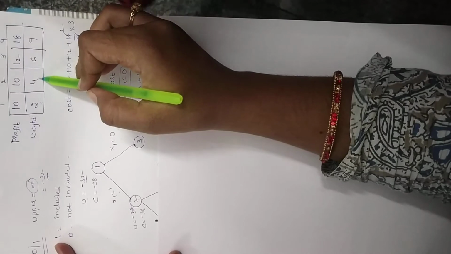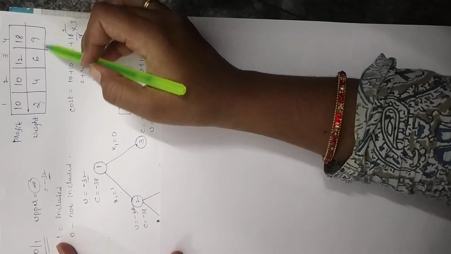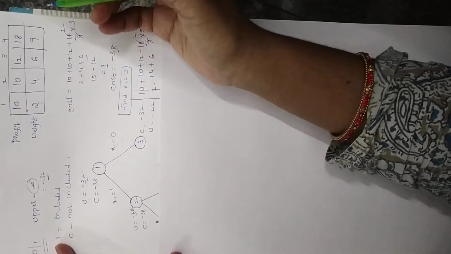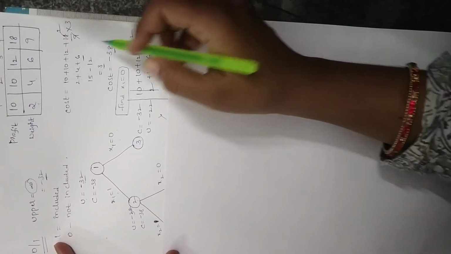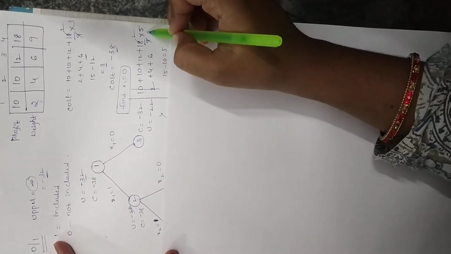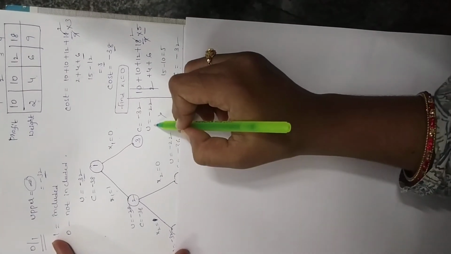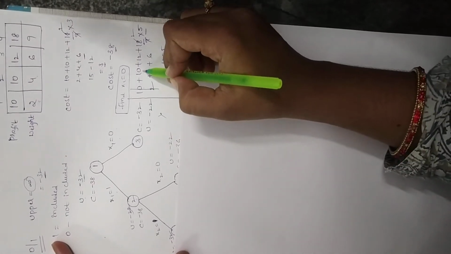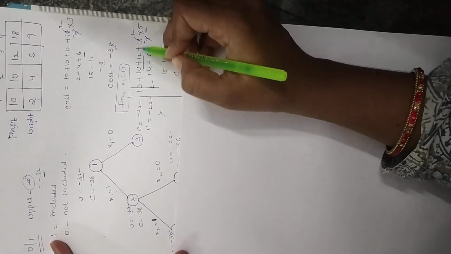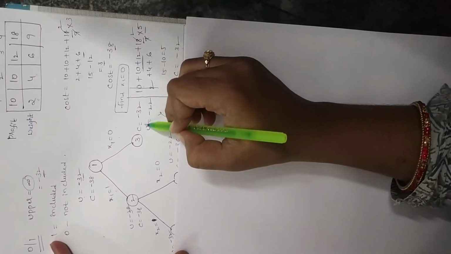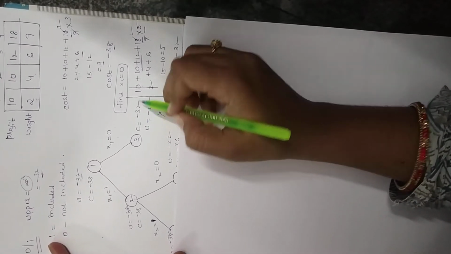Adding these values, 4 plus 6 is 10, and adding 9 makes 19, which is beyond the bag capacity. So we are taking 4 plus 6, so the value is 10. The remaining capacity is 5, so 12 plus 18 by 9 into 5. So the cost equal to minus 32 and the upper value is minus 22, because we are not taking the fraction value, only 10 plus 12. So upper equal to minus 22, cost equal to minus 32.